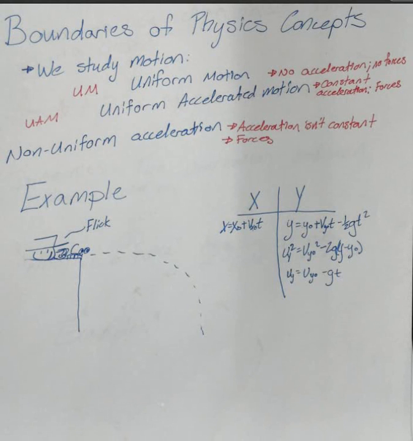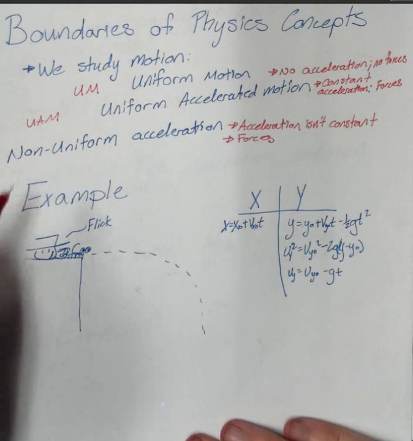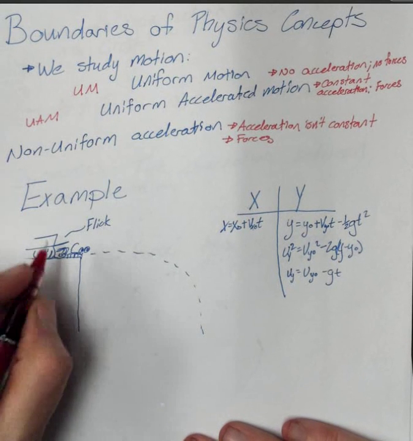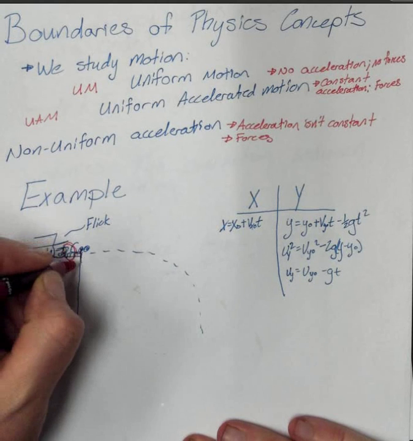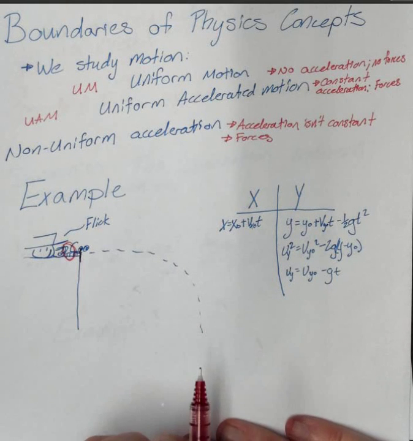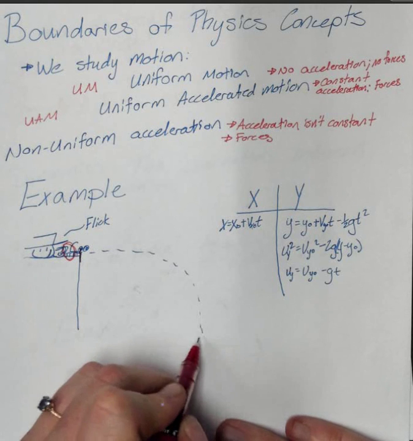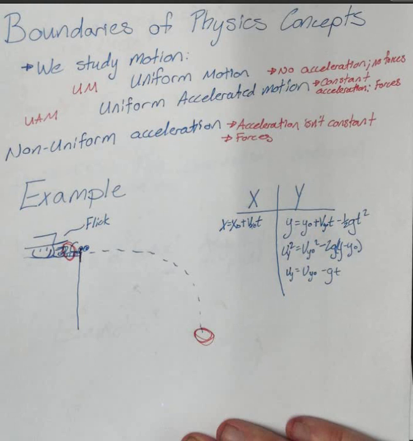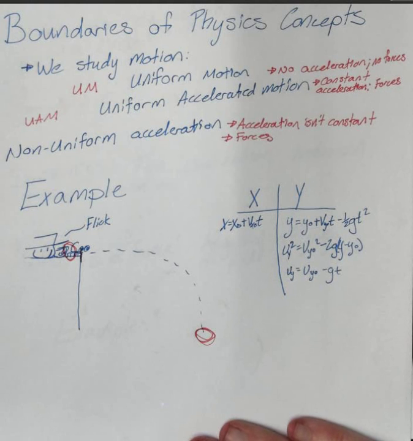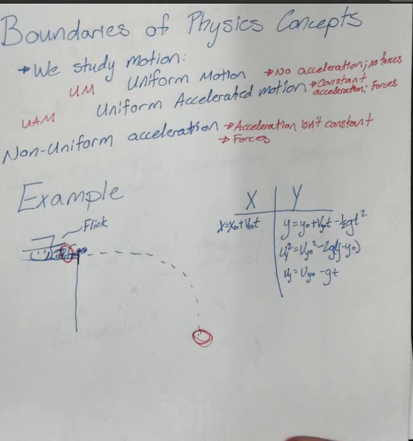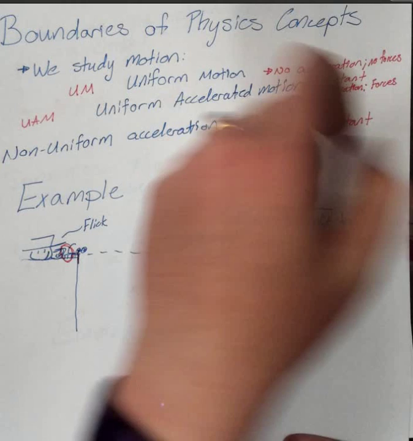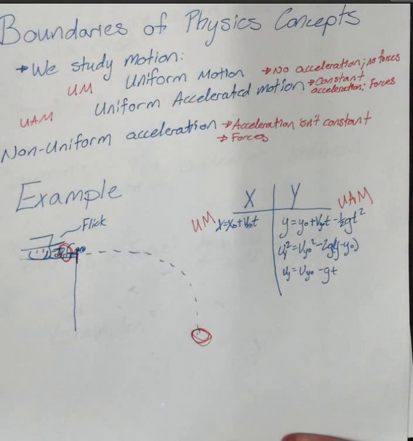In this example, Benny is flicking his friend Scorpion over the edge of a table. Using uniform motion and uniform accelerated motion, we can't consider this instant right here in which Benny is doing the flicking of the scorpion. Our boundary up to this point has been from the moment that the object is experiencing uniform accelerated motion in the y direction and uniform motion in the x direction to the moment that the scorpion hits the ground and a force up is applied that stops it. So before studying forces and dynamics, we've only been able to consider this section of the pathway, and we use uniform motion in the x direction and uniform accelerated motion in the y direction,